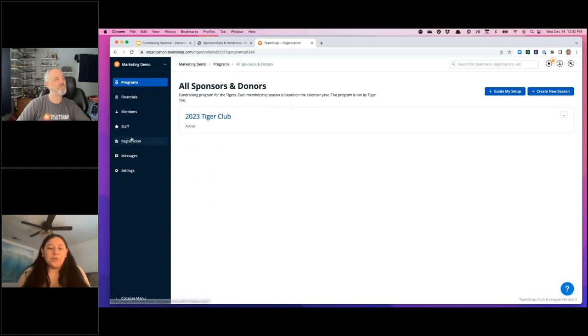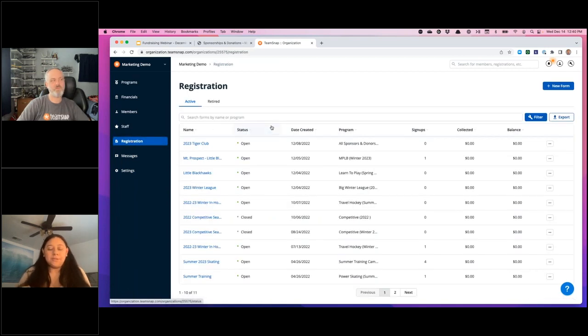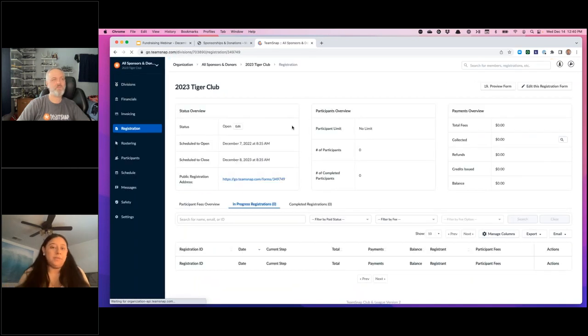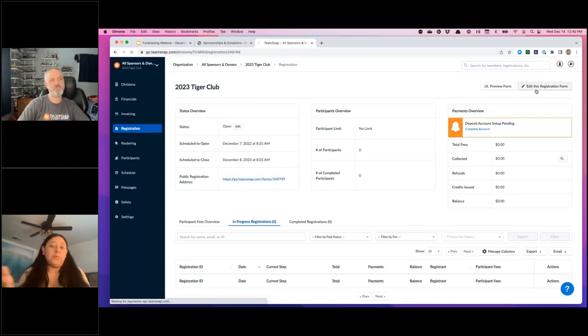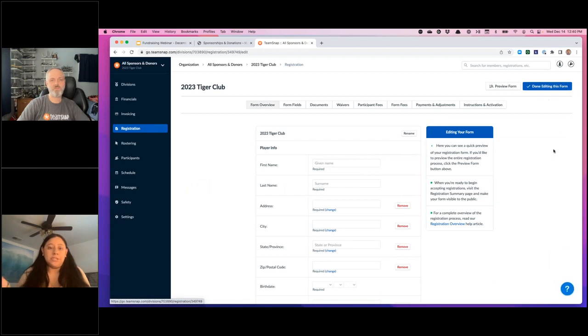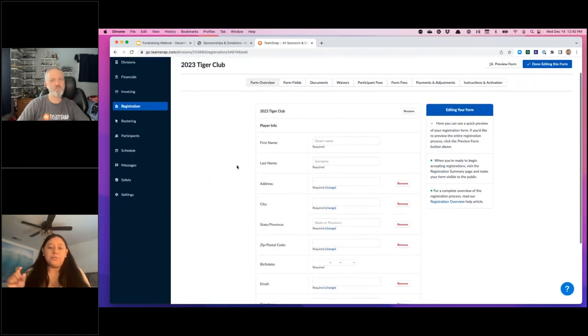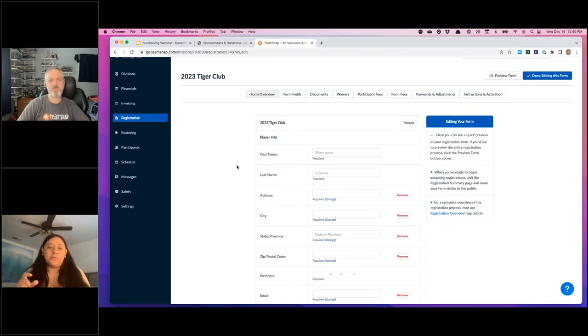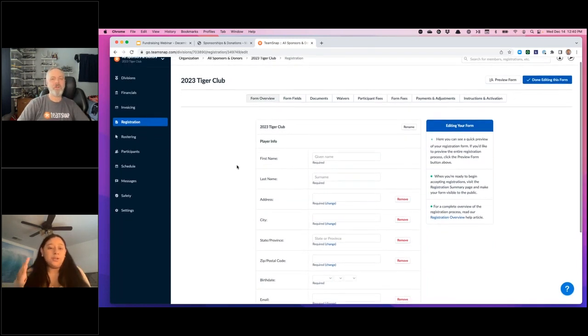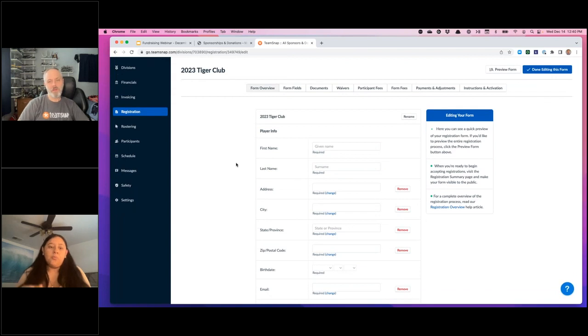So think of a donor, maybe, like your registration, you're just taking regular donations. Like maybe somebody just wants to donate money, and there's no attachment to it. Think of a donor more as very specified. Like there's a donation for the scoreboard, there's a donation for equipment. There's a very specified goal when you're setting up a donor. So you have two different versions of what you can use, because then you can go back.